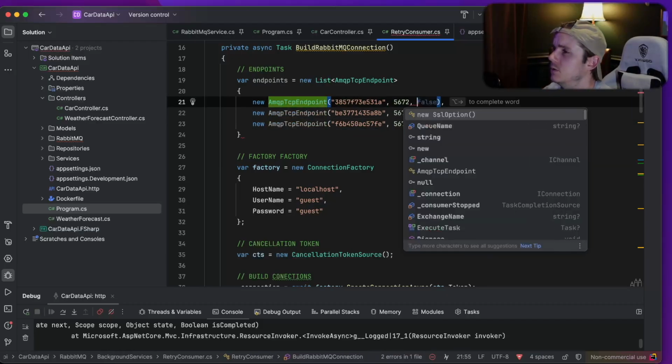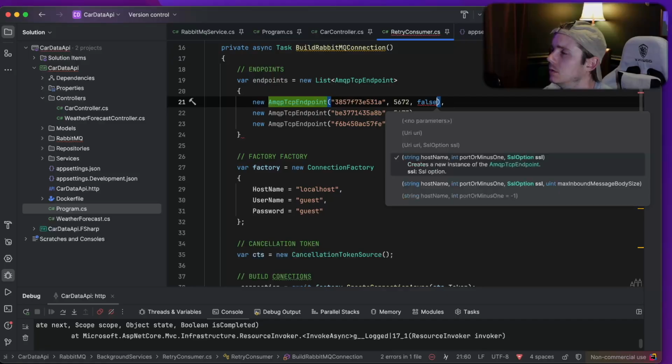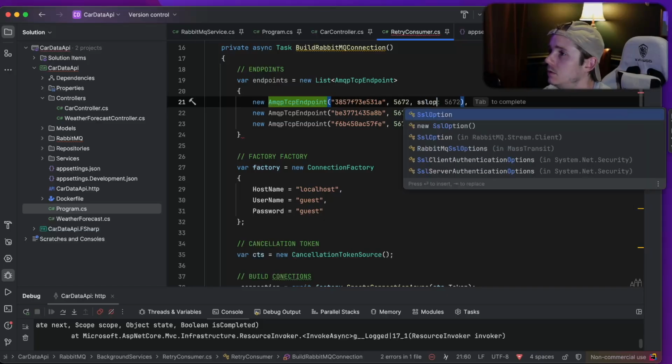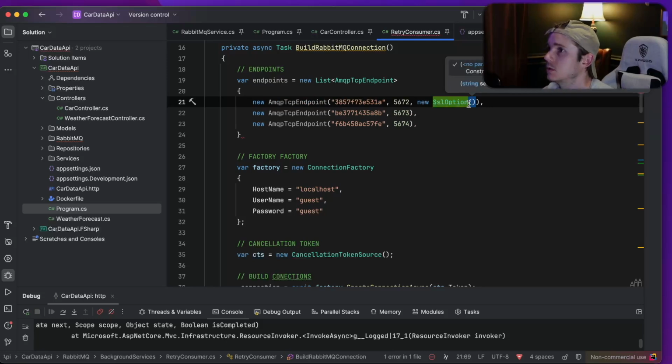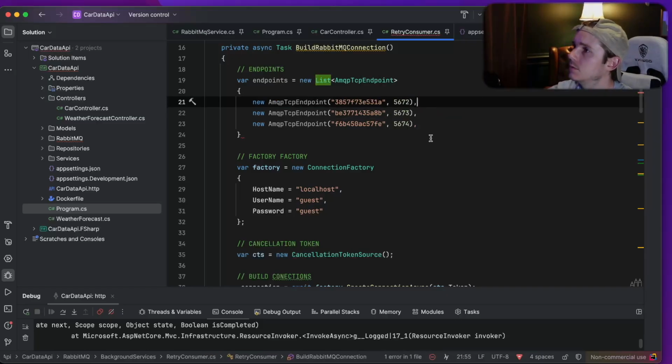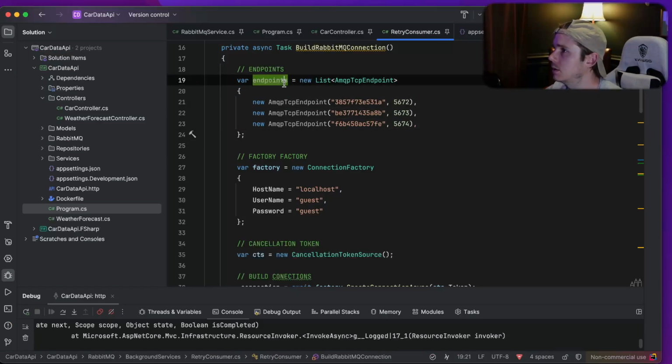And I think it gives you an option for SSL. SSL option, which I'm not using. New SSL. What is SSL option? Yeah, we're not using SSL, so I don't think I need to provide that. I think it gives us an override. Okay, so now I have my endpoints, and I should be able to specify